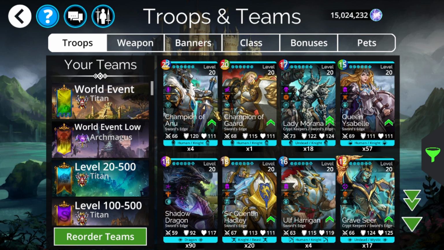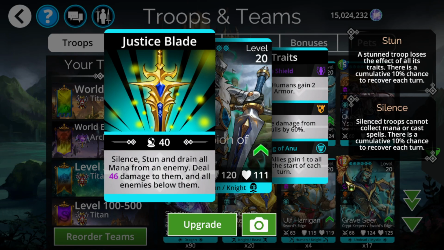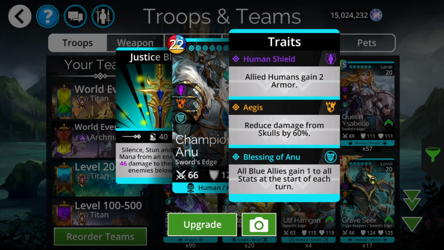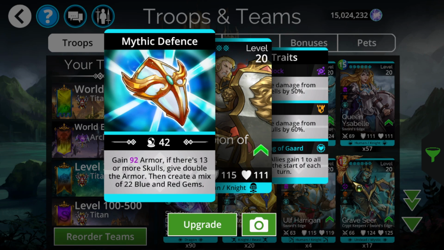As far as mythics are concerned, nothing really too special here, both kind of tanky. I do feel like I use Champion of Guard a little bit more, just because it has a nice AoE with a little bit of side effects there. I guess a little bit of stats while being tanky as well. This one's mostly just like a super tank, but similar to Stonehammer,